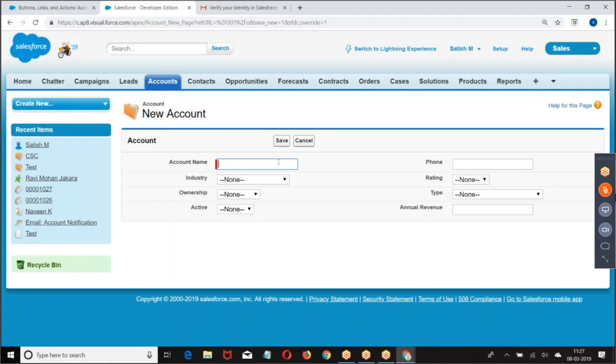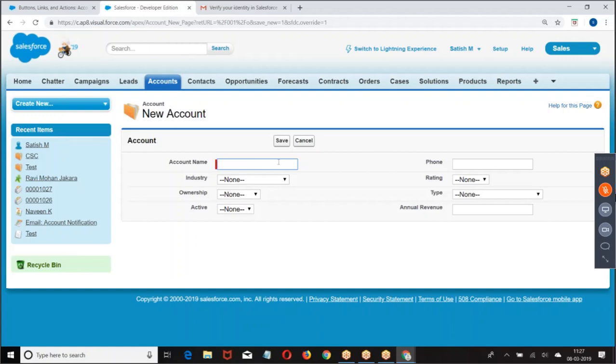When you want to replace the button on any one of the objects, that object should be defined as the standard controller. If you define a standard controller, we cannot write an Apex class in the page. Then standard controller, extensions, custom logic.